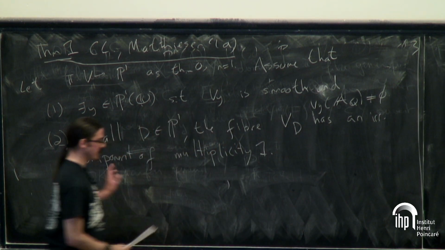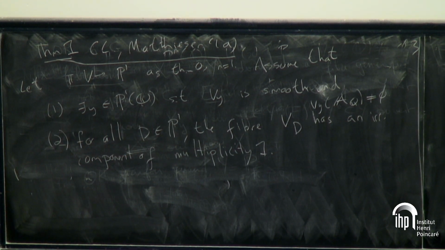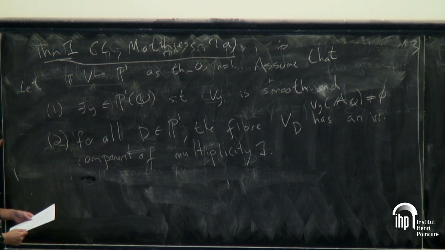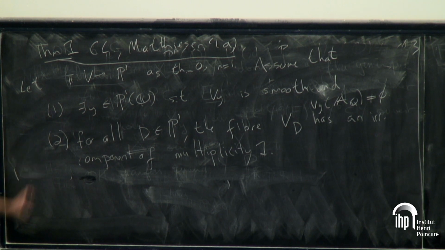We're not asking this irreducible component to be geometrically irreducible, because then that'd make everything really easy. And this condition 2 turns out to be necessary for the upper bound to be sharp,